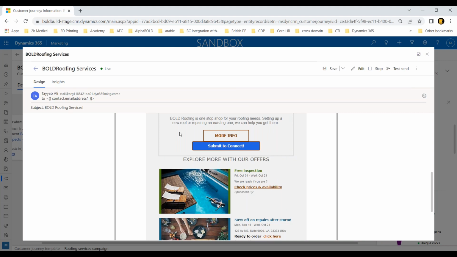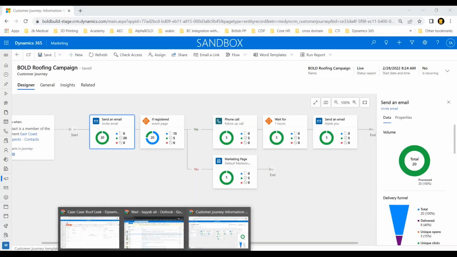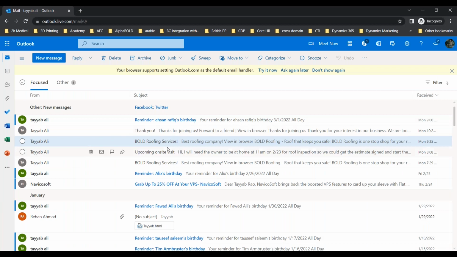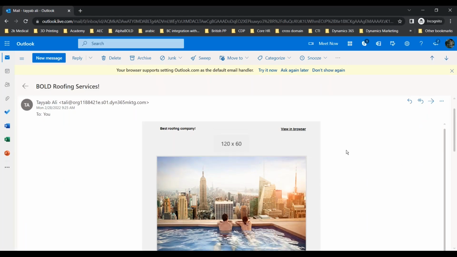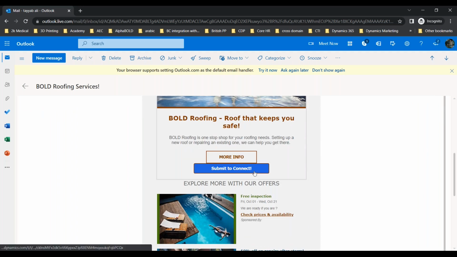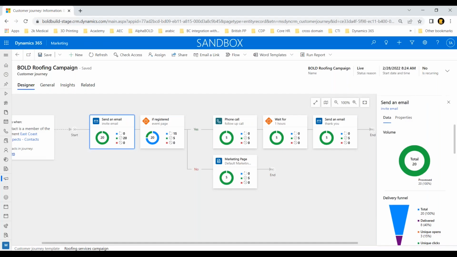If I click on this in there, then this opens up. So I'll show it to you in his inbox as well. So just very quickly here, for example, you can see that this is the email that Shawn Michaels received in his inbox, right? And then he clicked on this button because he wants to connect. Then what happens is that we track all of this.